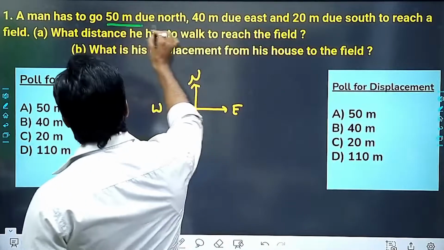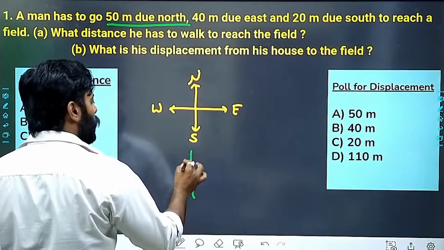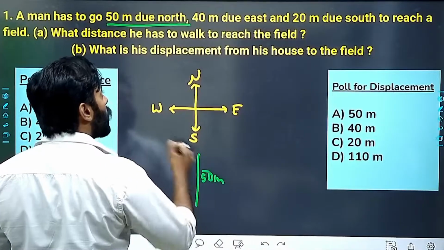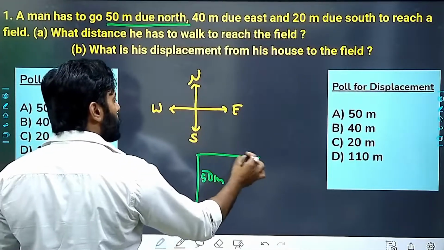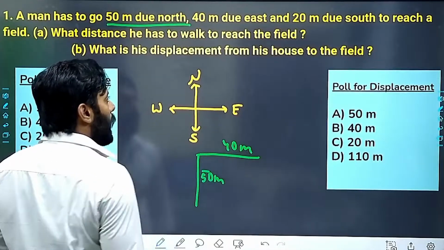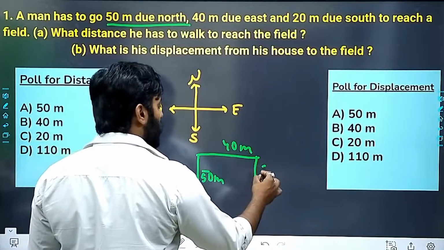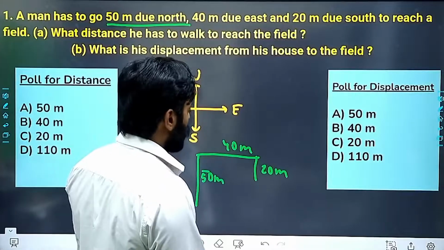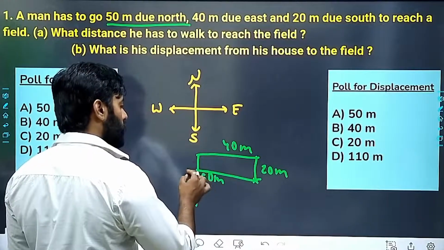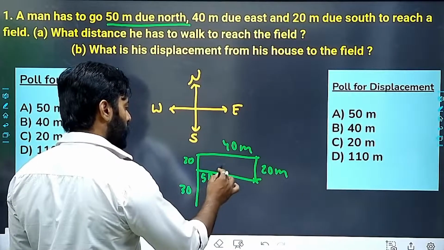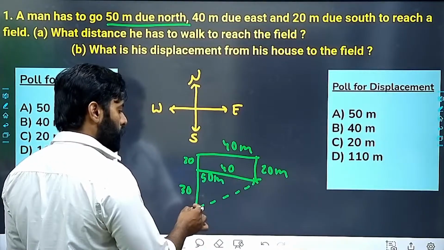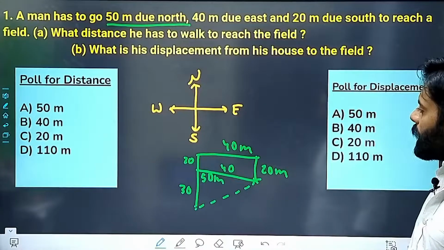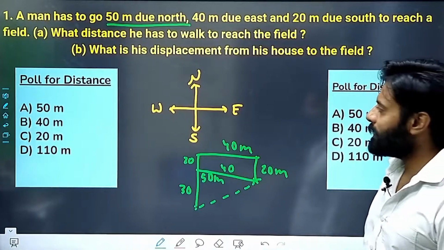So a man has to go 50 meter due north, so it will be going towards 50 meter north. And 40 meter due east, and 20 meter due south, and to reach the field. Okay, so he'll be there. Right? So next, they are asking what is the distance. So distance will be